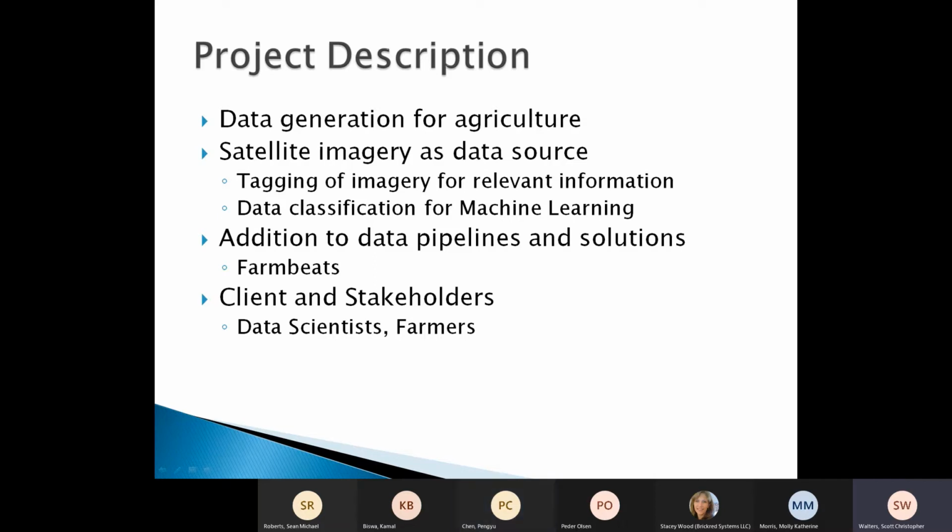Our understanding is that this project comes out of a need to create data generation tools for solving issues in agriculture. By issues, we mean issues pertaining to water scarcity and management, sustainability development, even things like recognizing issues with forest fires over these large areas, and then issues pertaining to the food infrastructure for a growing